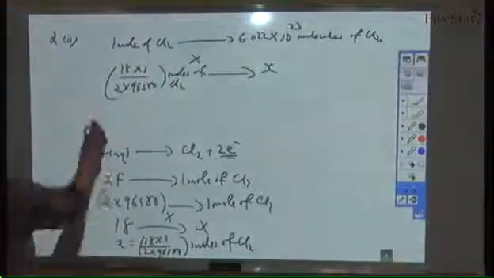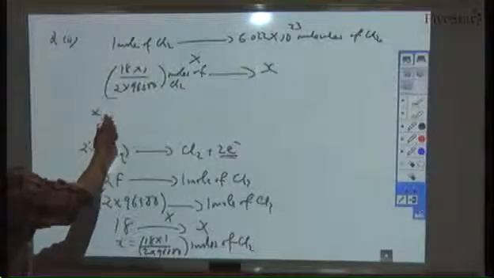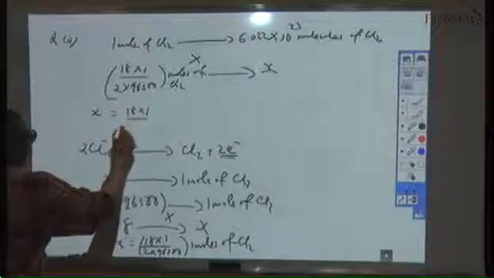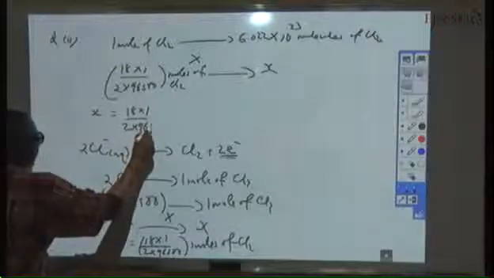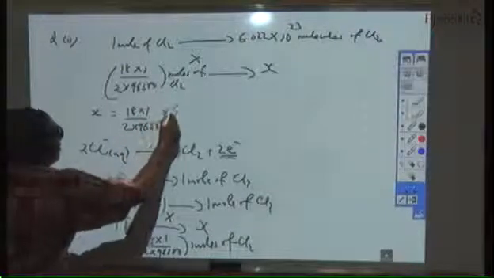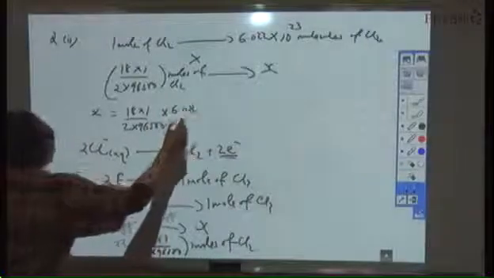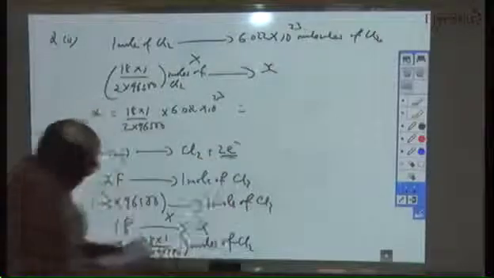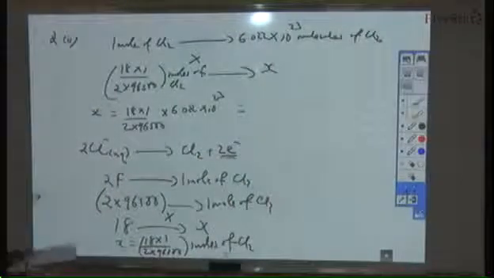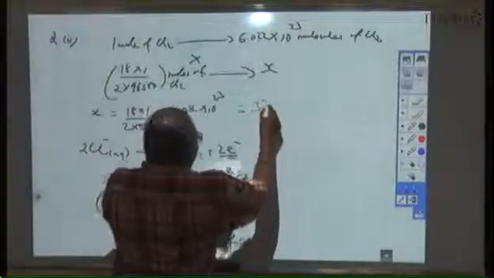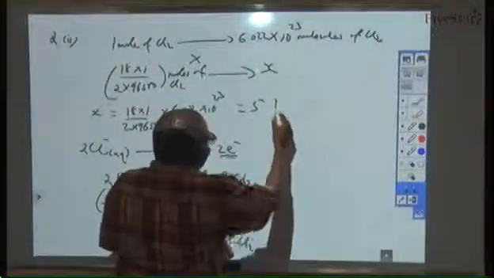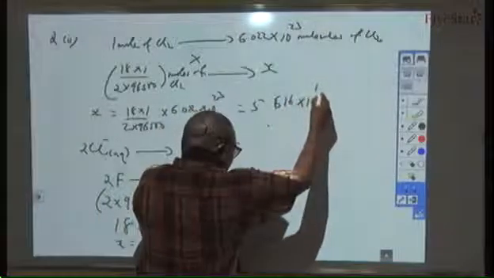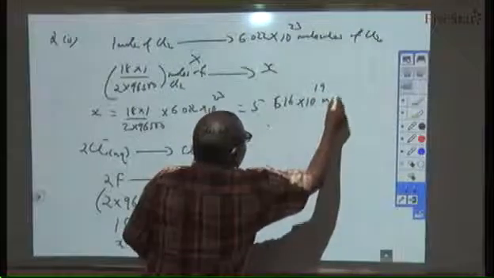If you do the cross multiplication, you get x is equal to 18 times 1 over 2 times 96,500 times 6.022 times 10 to the power 23. If you do such a calculation, it amounts to 5.616 times 10 to the power 19 molecules